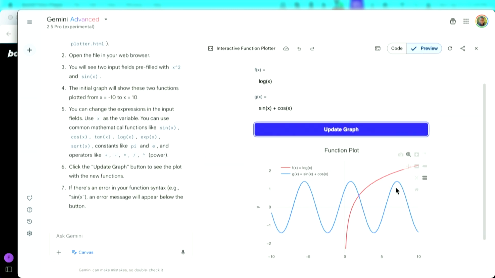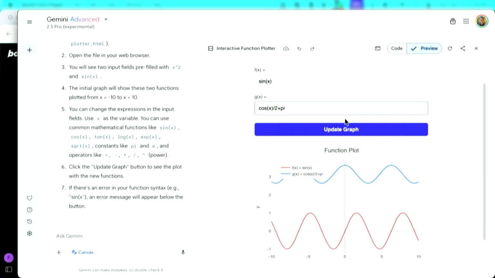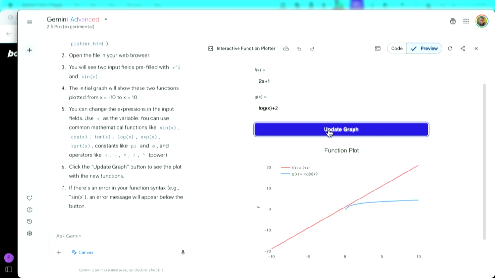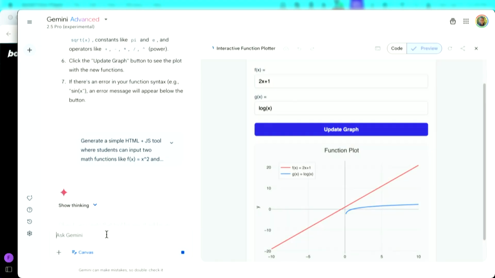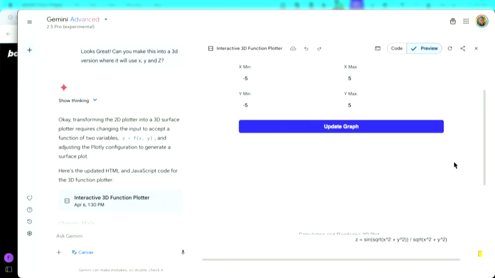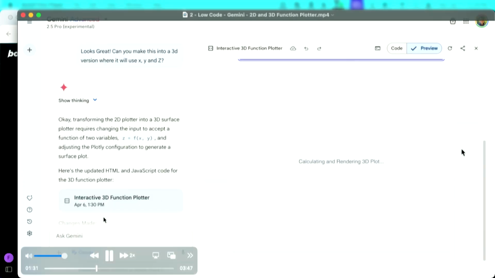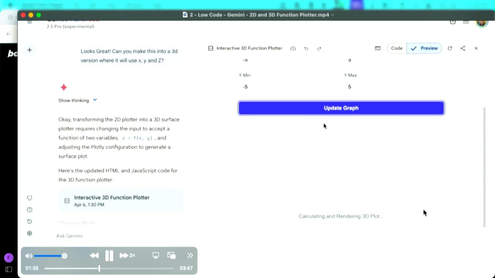In this example, it's drawing two different functions, a very common use case. I know there are tools already to do this, Mathematica or other ones, like even a calculator could do this at this point. But the idea here is that you could build this and come up with your own idea on what to visualize.